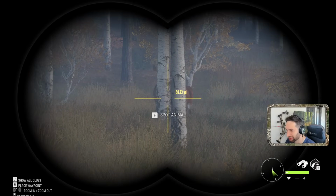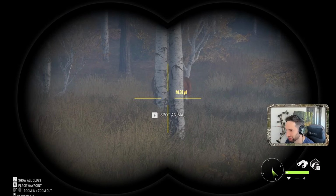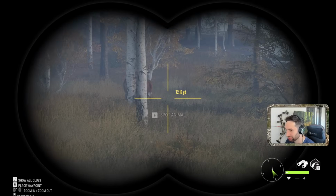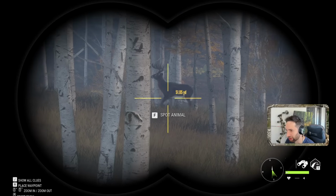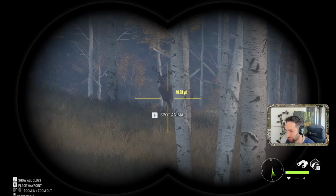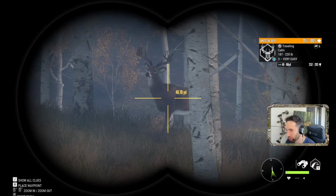So he's gonna hang tight in the back there because he's the oldest and the smartest. He's gonna let all the small ones come in first. And then he's gonna come over after that. And here he comes right here. Look at this. He's trying to sneak around us to get downwind of us. We got him out there at 50 yards. We know we could take that shot,